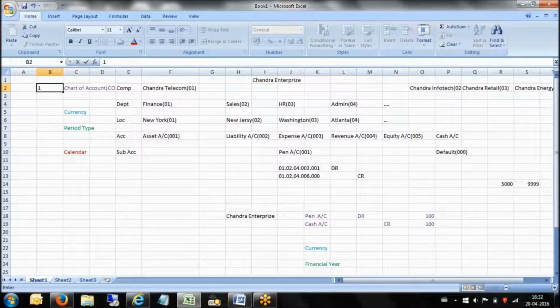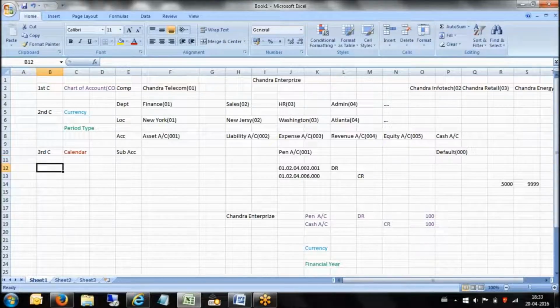This is called first C. This is called second C. This is called third C. For interviews, I'm telling you, this is a nomenclature which is used by consultants. What are the 3 C's? Using these 3 C's,